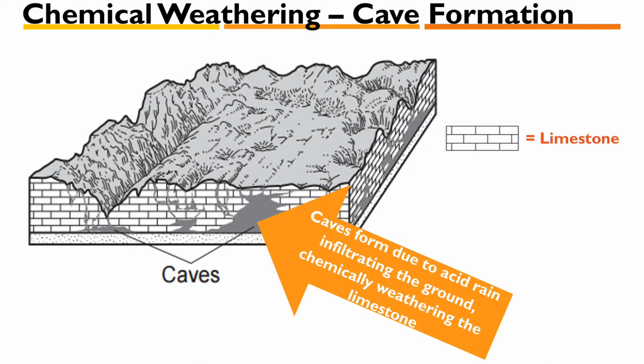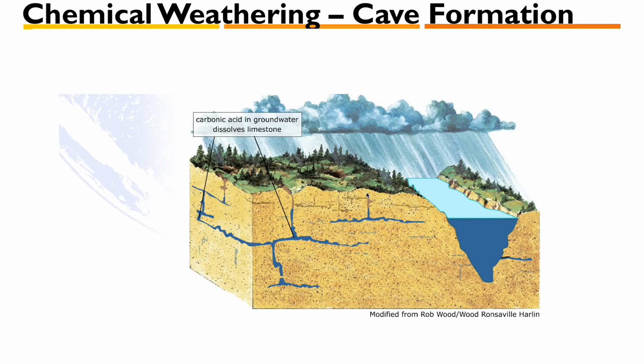Another example of chemical weathering is the formation of caves. If you remember, the brick symbol represents the rock limestone, which reacts with acid. The ground in the diagram is made up of entirely limestone, and when that acid rain hits the ground and seeps into the limestone, it starts to dissolve it and it breaks it down, leaving holes, forming cave structures. So in this animation, I'm going to show you what happens as your acid rain dissolves into the